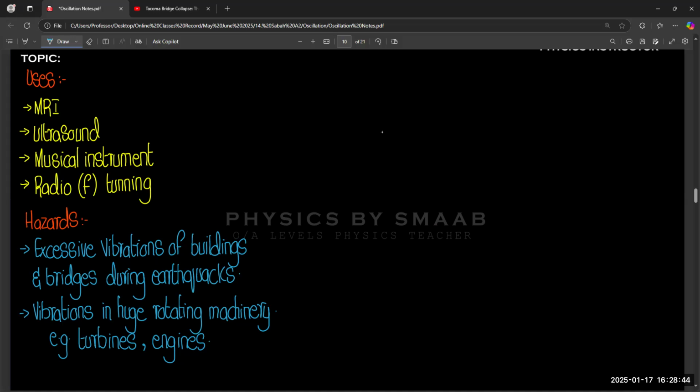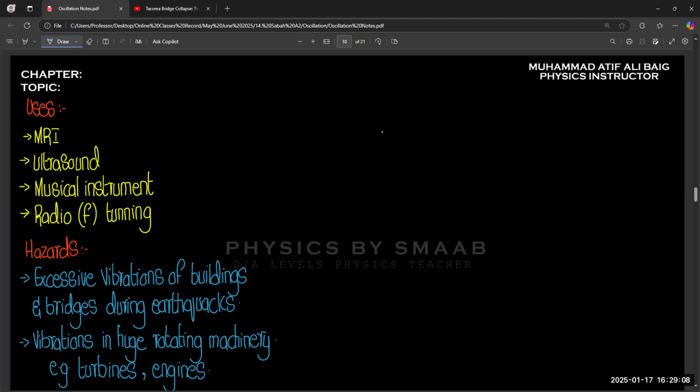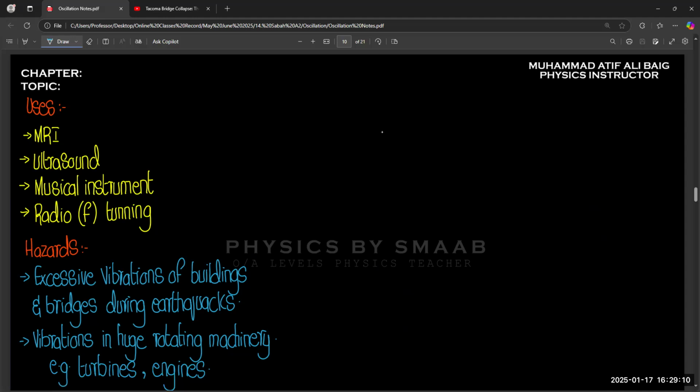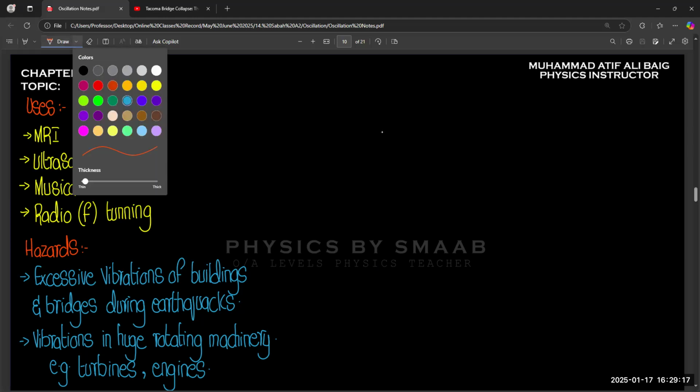There are so many absorbers installed between the boxes of the train, but still we feel so many vibrations in that because the engine is moving continuously and because of friction and all those resistances in the surrounding, we get so many vibrations, right? Okay. Yes. This is the idea of resonance, and it is not very detailed in our syllabus. And the next topic is about damping. That is the last one.